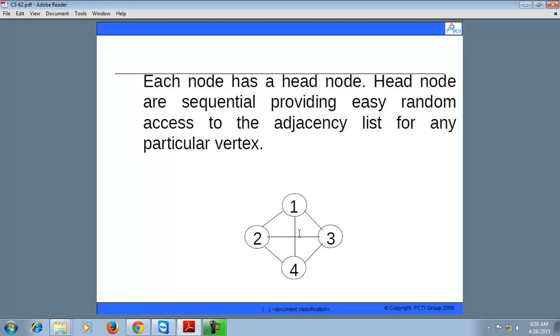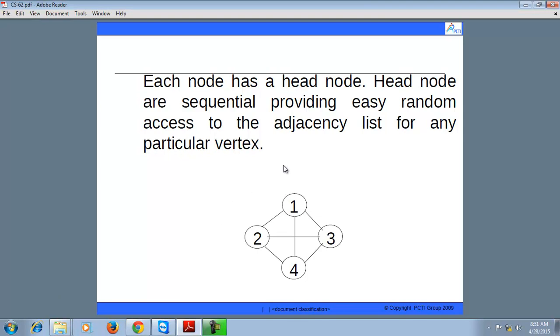means if I removed the 1 to 4 edge, the 2 to 3 edge and the 3 to 4 edge, then also you can move from 3 to 1, you can move from 1 to 2 and you can move from 2 to 4. Means we kept only these 3 edges, which are necessary to traverse from one node to another node, and this is the spanning tree. Now, if we talk about the algos to find out minimum spanning tree, then there are 2 algos to find out the minimum spanning tree, that are Prim's and Kruskal algorithm.